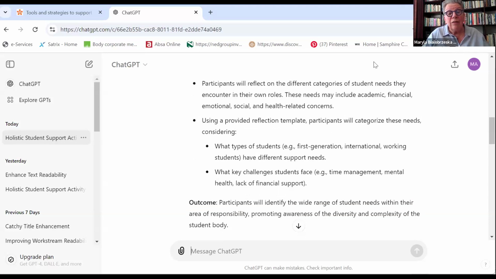So what it's done quite well here is pick up on the range of issues that are typically picked up when one engages with the whole idea of holistic student support: that one's not only looking at a student from an academic perspective, but holistically as an individual, looking at their context, their financial issues, their emotional health, etc. Using a provided reflection template,